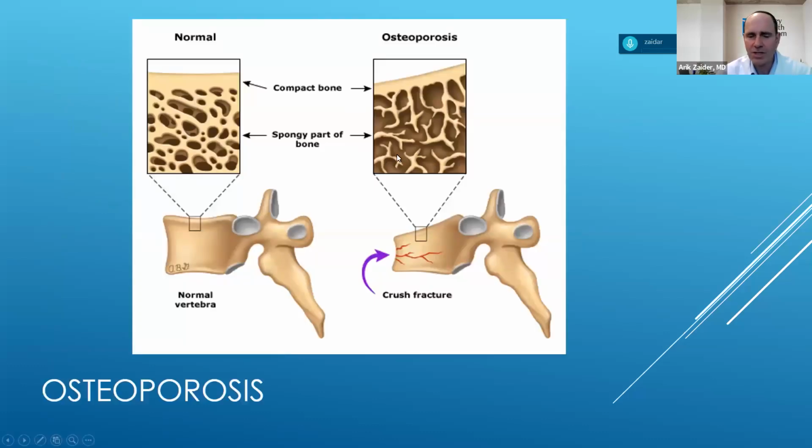So here's just a depiction. Let's compare a normal bone to osteoporotic bone. On the left, you see that there's a very dense lattice of fibers within the bone. This gives it strength. It also gives it durability and resilience at the same time. This is what allows us to withstand pressure and weight and impact. However, over time with osteoporosis, you see that many of the fibers have disappeared. Now there's a lot of porous space. Porous means holes, and that's why they call it osteoporosis. And this is what it kind of looks like deep inside the bone.